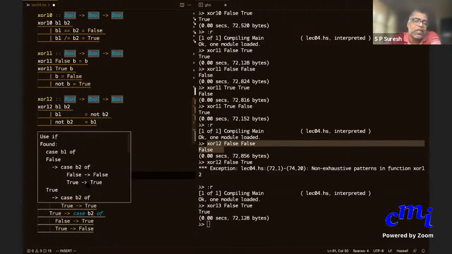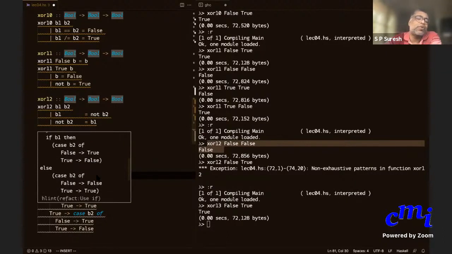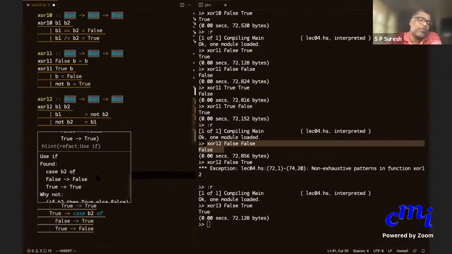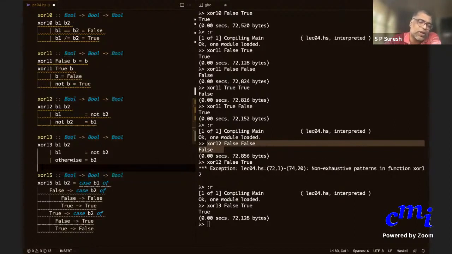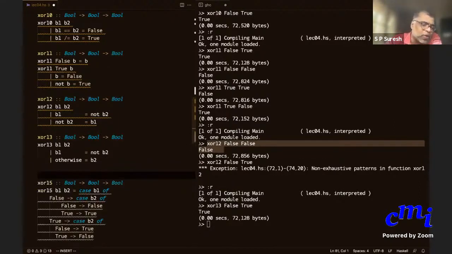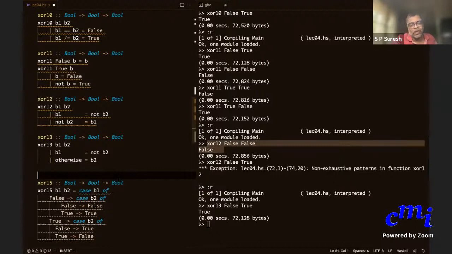Yes, is the case construct clear? Okay, it is asking you to, maybe you can do better by using if. Okay, great. And then it is showing you multiple simplifications. When you write code, you can use VS Code and that will actually help you. But right now I'm illustrating how to do definitions. Is this clear how to use the case definition? Case B1 of, you should write and then give all the patterns that you want. And then you can have nested cases.